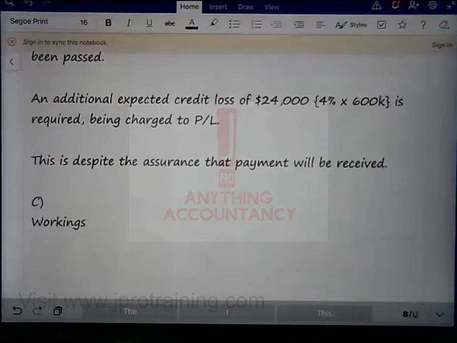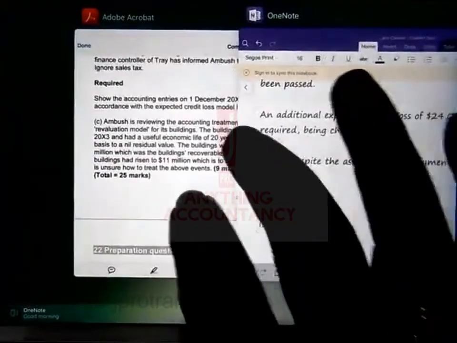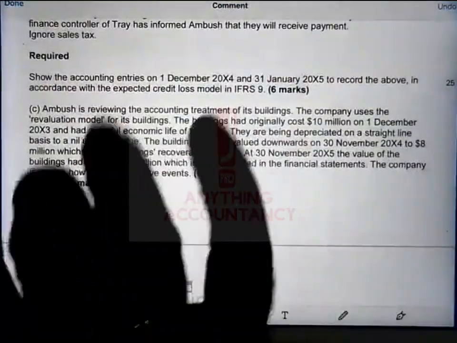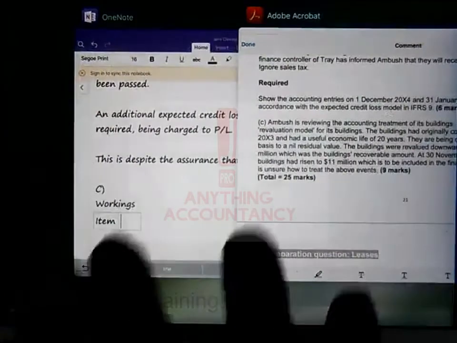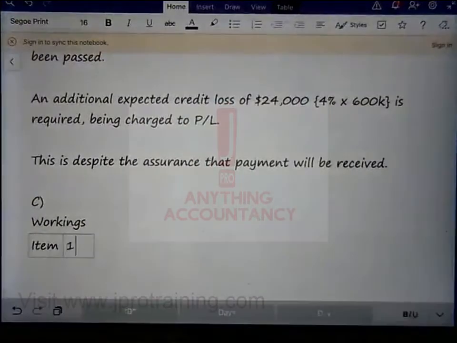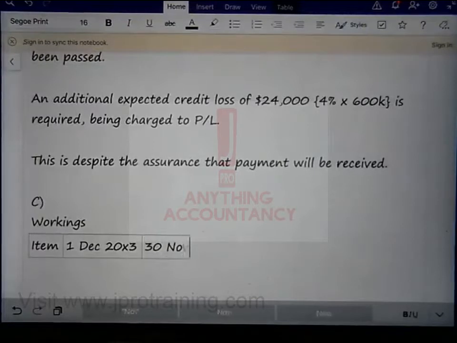I'm not going to write this one first. I'm going to put item. What's the date? How many dates do you have there? Look at the dates first. 1 December 2003. Next date is what? 30th November 2004. Then the next one is